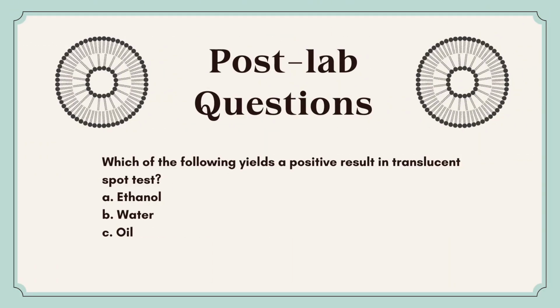Post-lab question 3. Which of the following yields a positive result in translucent spot test? A. Ethanol. B. Water. C. Oil. Correct answer would be C. Oil. According to Byju's 2023, light can pass through the spot on the paper where the fat is located, creating a translucent area, thus confirms the presence of fats or lipids in the tested